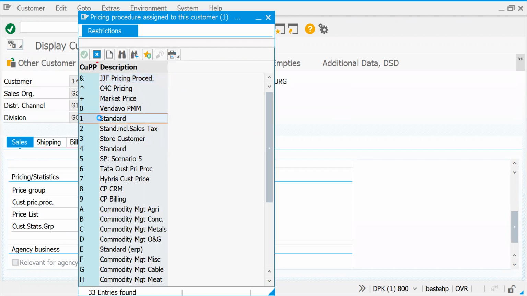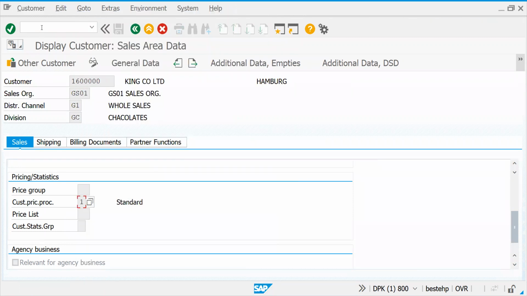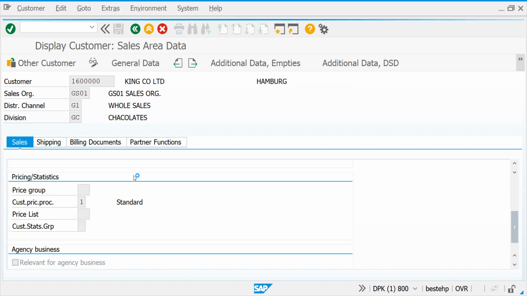Let's put it as 1. Then for this customer pricing procedure, you need to specify on which document type you would like to determine this price. As of now, we'll go for standard. We use document types like order, quotation QT, and inquiry. You'll get to know in the next few sessions. As of now, I'm showing you the sales order. Just remember this document pricing procedure.